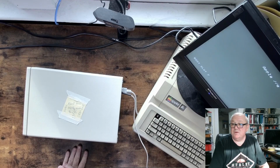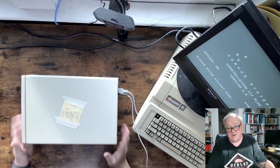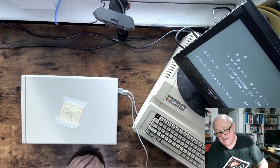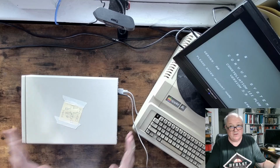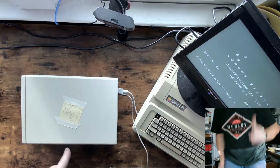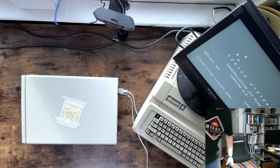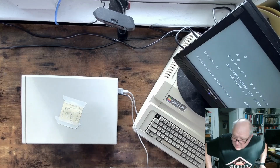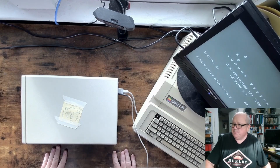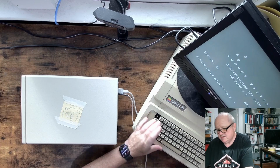And we'll tell it to boot. There we go. And we got our Corvus screen. So that's one of the nice things about this, it's a whole lot more silent. Now, in theory, and we shall see, I'm turning on the other OmniDrive, and if everything works like it should,